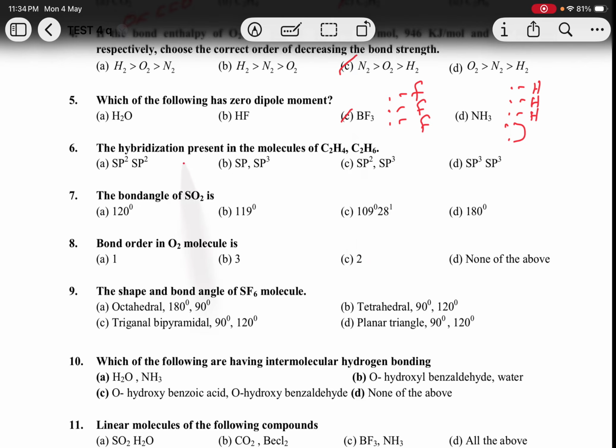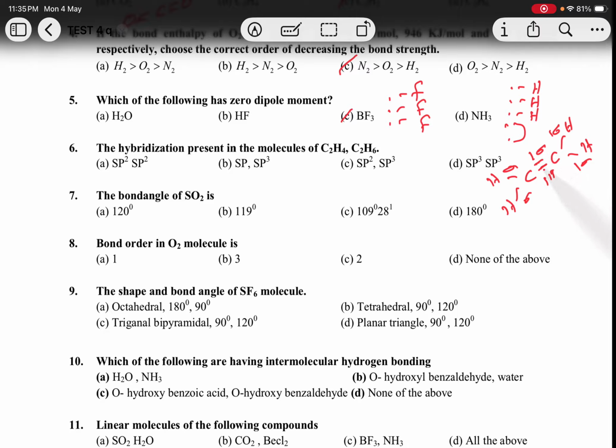Sixth one, the hybridization present in the molecules of C2H4, C2H6. C2H4 means, so this is the structure of C2H4. Carbon valence is 3, so put 1. Here double bond is there, 1 sigma bond and 1 pi bond. This is sigma bond, this is sigma bond, this is sigma bond, this is sigma bond. So these two carbons contain a double bond. That means one pi bond compound, the hybridization is